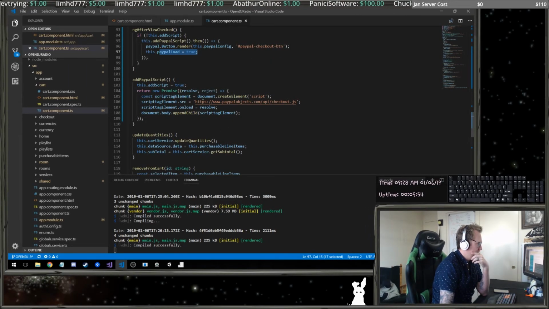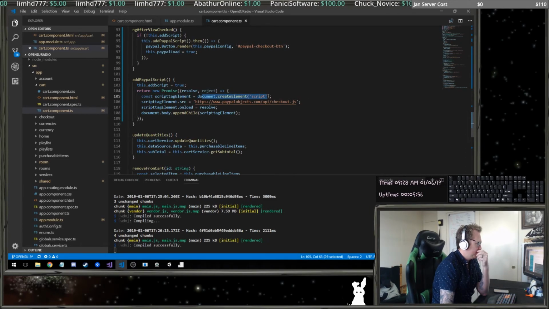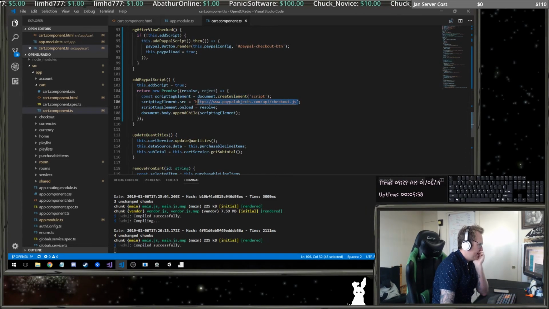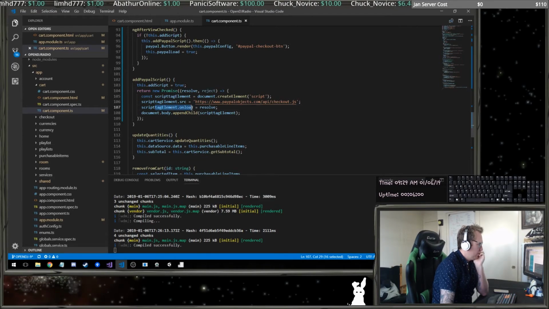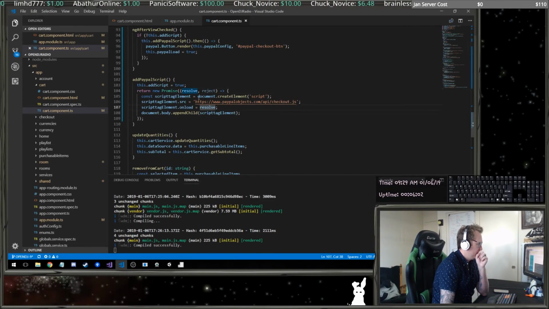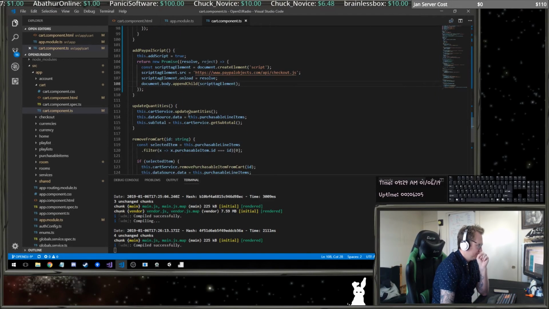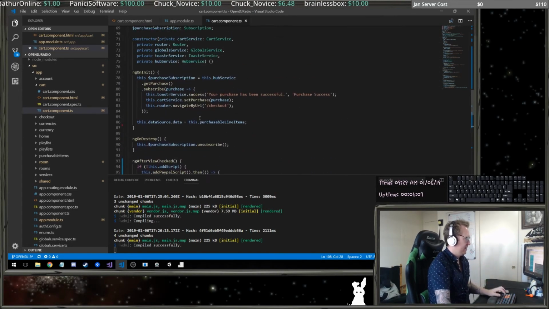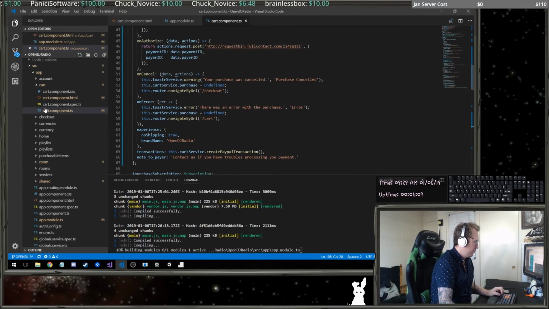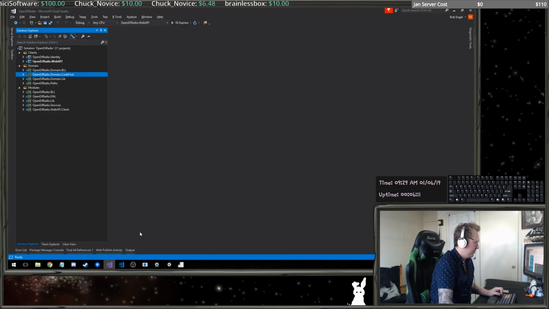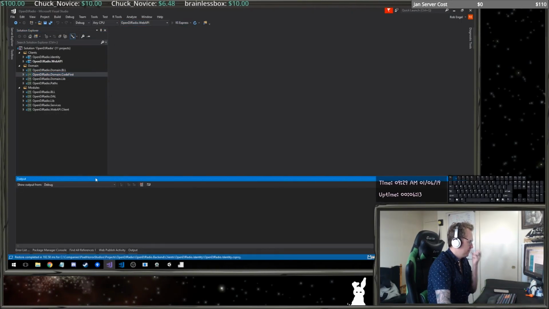This is the add PayPal script, which creates a script element and then adds the JS to it. When it loads, it resolves, and then it appends it. That's it. Now when I run this, and we look at the back end and run that,